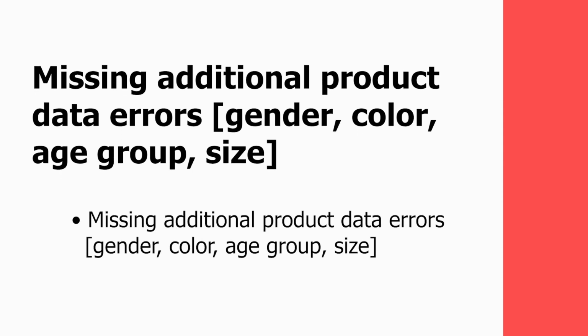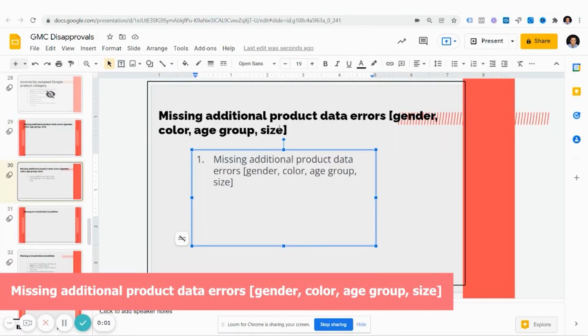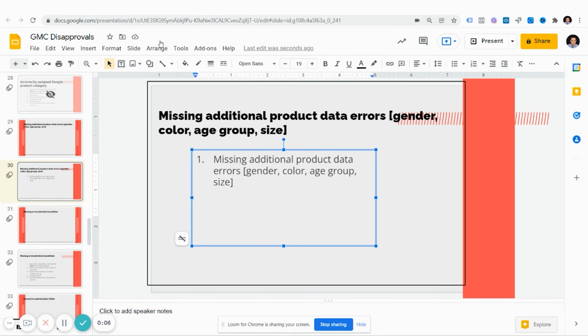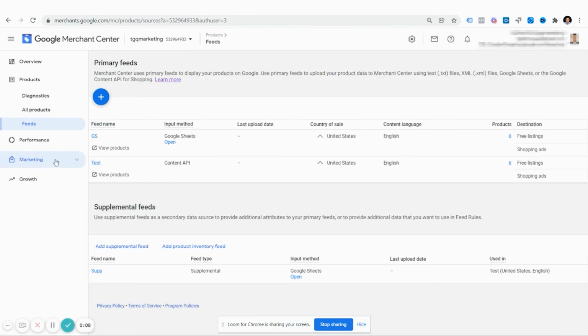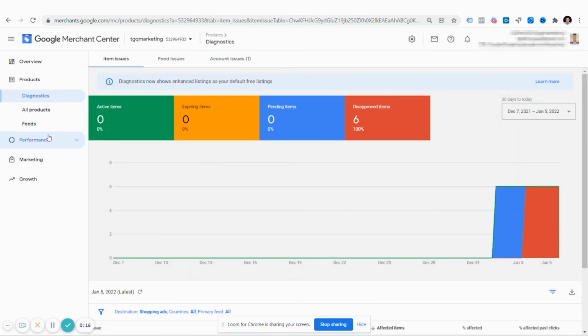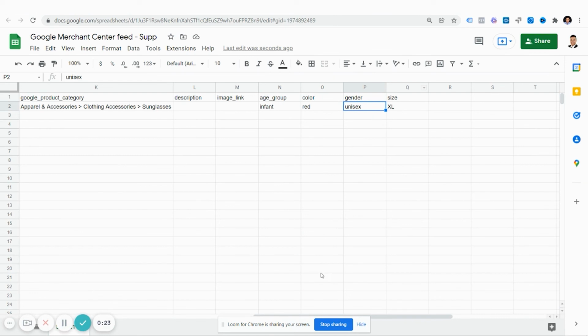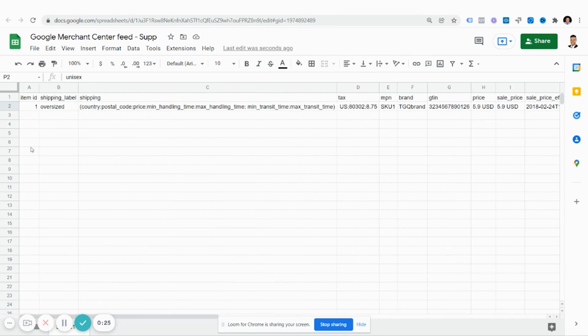All right. So when you're missing additional product data like gender, color, age group, and size, you can see the errors in your feed by going to Diagnostics, downloading the error and grabbing the item IDs. And then once you grab the item IDs, a quick way to fix this is going to your feeds, opening up the supplemental feed, which is in here, and you want to add the item IDs for whatever is here,